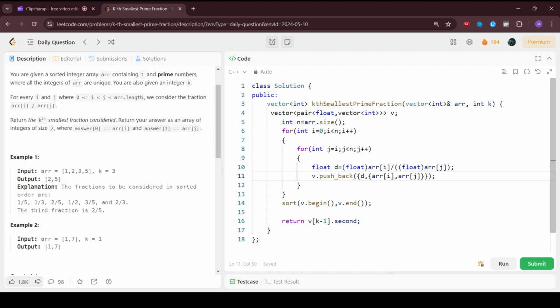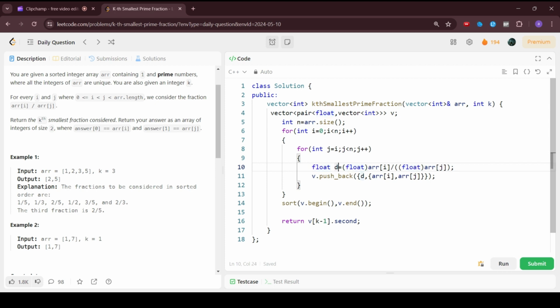So for this, we are going to consider a vector which is going to store the fraction value in the form of a float, and then we are going to take the first element and the last element, where the first element is going to be the numerator and the second element is going to be the denominator. We take n equal to array dot size, and then we are going to run two loops. The first loop is going to pick the first index, and the second loop is going to pick the second index, and then we are going to find the float value of this numerator by denominator,